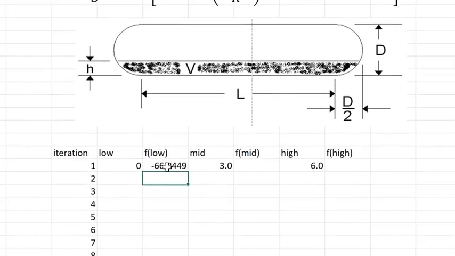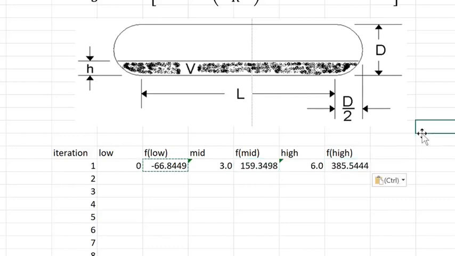We're getting a negative. I'm going to go ahead and copy and paste. I made it a relative reference, and we see we're going from negative to positive. So somewhere in here we have a solution. Now we implement those if formulas that you learned about in the previous screencast into calculating the new low and the new high. And then we're going to copy it down to 20 iterations, and we will have our